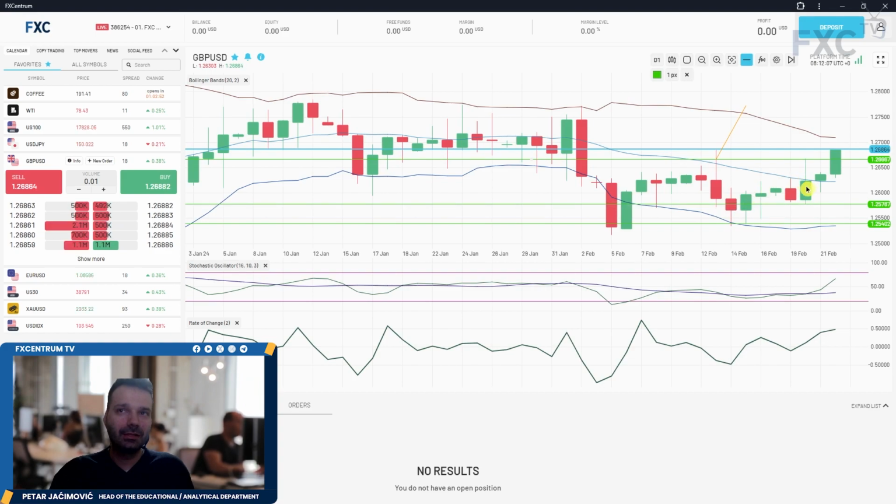Market rebounded towards the middle Bollinger Band and then had some consolidation for a couple of days, and it was holding very well. And now we're taking this pin bar high from the news announcement, and that's a very good sign. So the chance for the market to revisit the upper Bollinger Band, I think, is pretty high, around